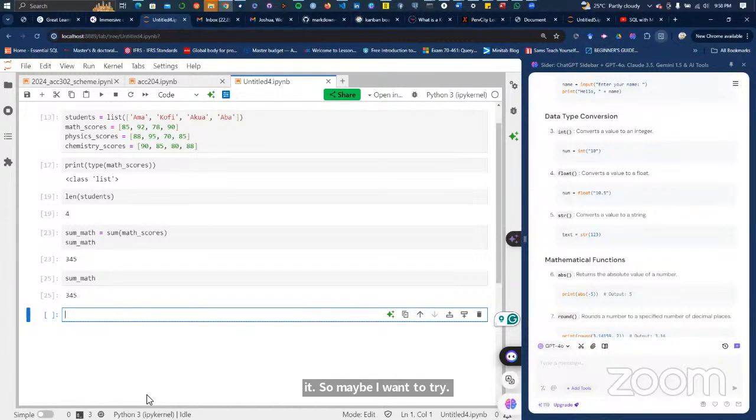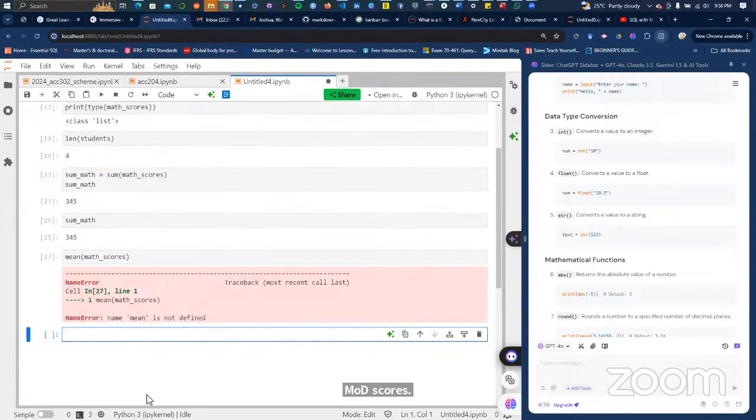So maybe I will do mean and say math scores. So we have to read what the problem is. It says name error. Name mean is not defined.